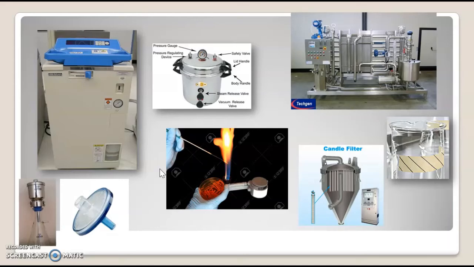Usually, most apparatus will be sterilized by using this machine. This is what we call an autoclave machine. An autoclave machine usually works under high pressure and high heat. This is a picture of a modern autoclave machine, and this is an older version of the autoclave